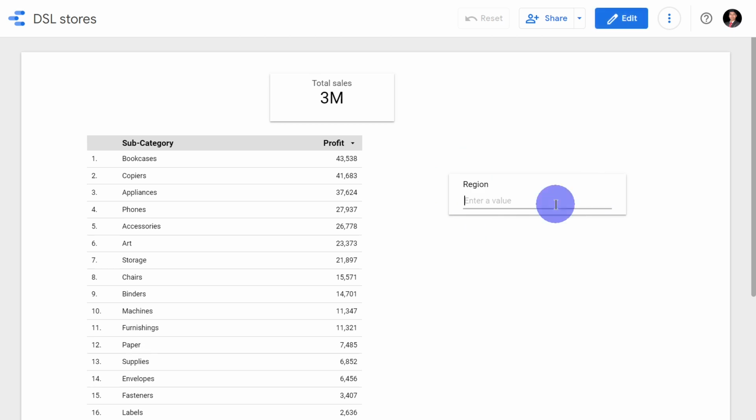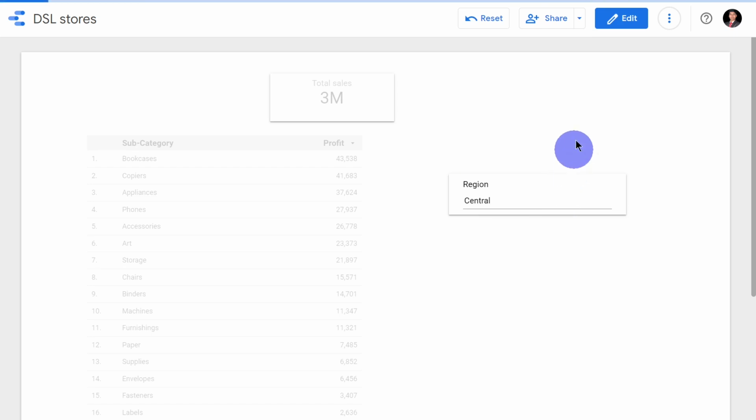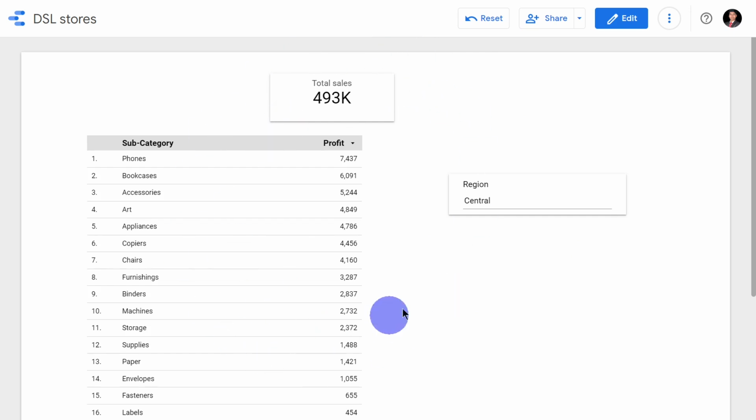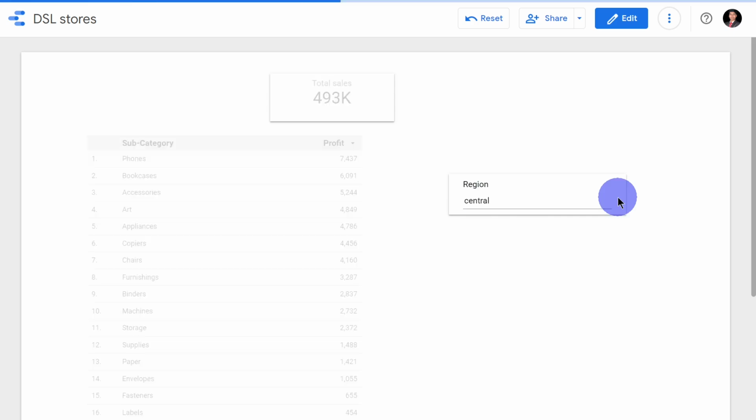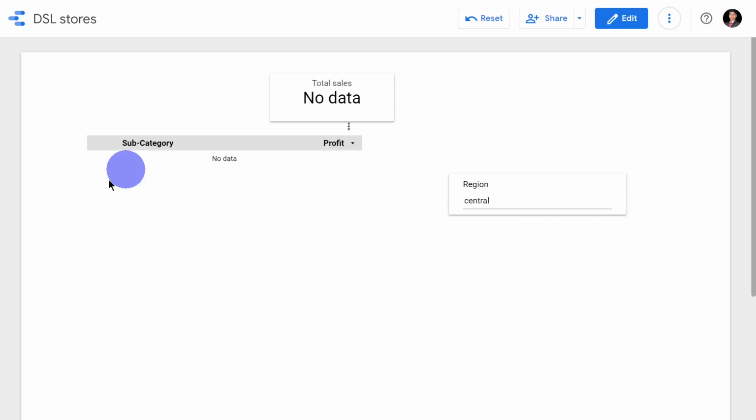For example, if I just type central region, then all the data in this report becomes dependent on the central region's sales value and profit values. Okay. One thing to note is that instead of capital CENTRAL, if we type small c with central, then no data is shown. This simply means that all the values which are entered in this input box control are case